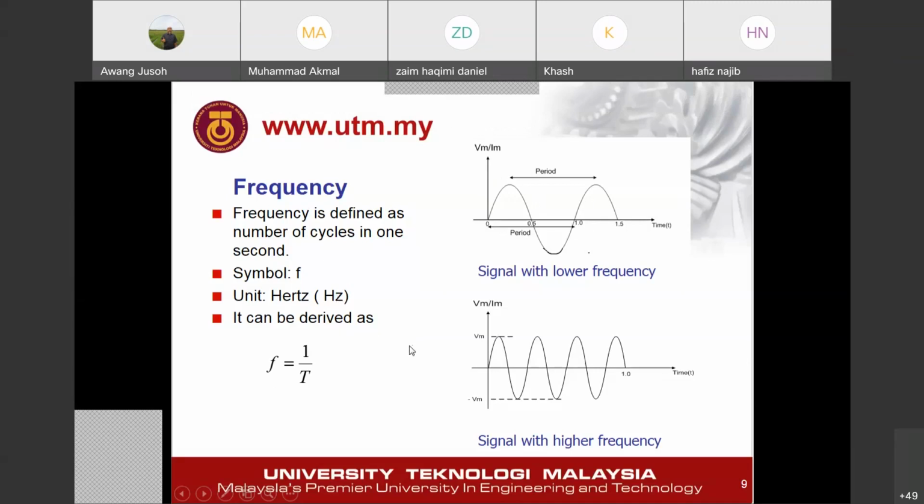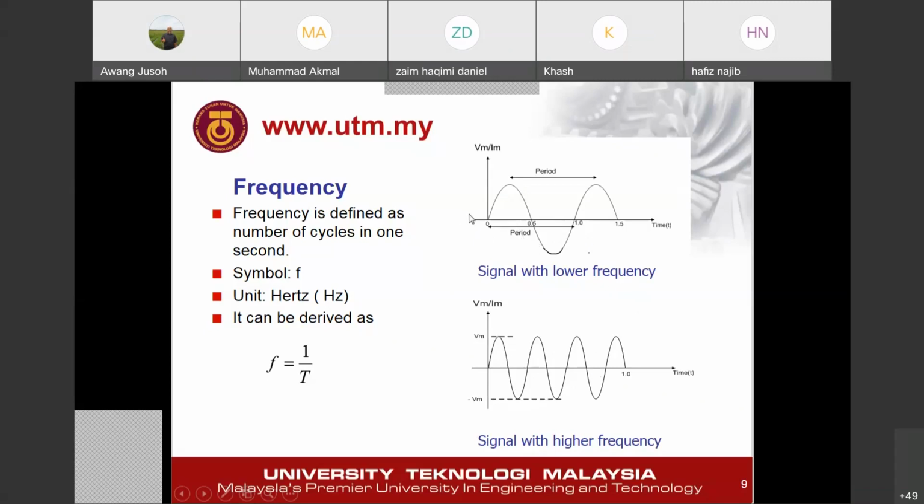Alright, okay, I hope you can differentiate that. So this is what we mean by frequency, and this is some waveform. If we have lower frequency like that, lower frequency means it depends. Okay, this is a high frequency. 50 hertz, for example, we take 50 hertz as the reference. So 100 hertz means high frequency.